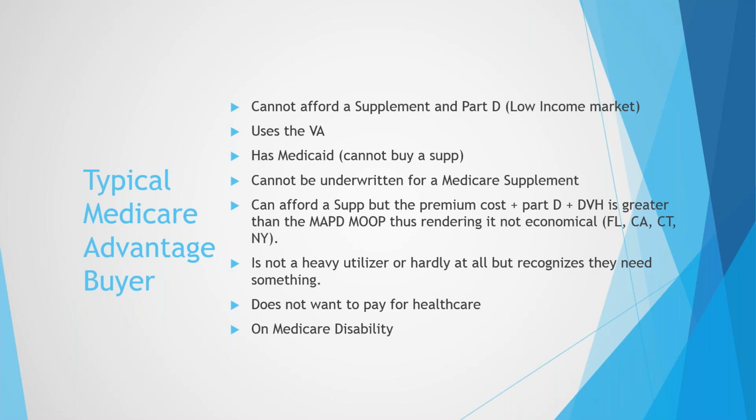And if you look at the Medicare Advantage plans in Miami, most of them, a good lion's share of them, have a maximum out of pocket of $3,000. So it's really hard for a client to justify giving insurance companies $5,000 worth of money when they could just go into one of these zero premium plans and only be at risk for $3,000 for the year, especially if they're not a heavy utilizer. So typically in the more expensive markets, a lot of clients will lean towards a Medicare Advantage simply for economic reasons. And they have two kinds of Medicare Advantage plans. I'm going to get into those in just a second, but that's a big one as well.